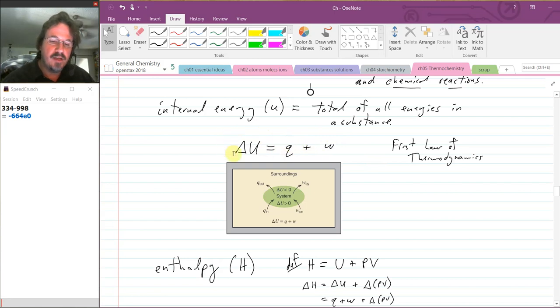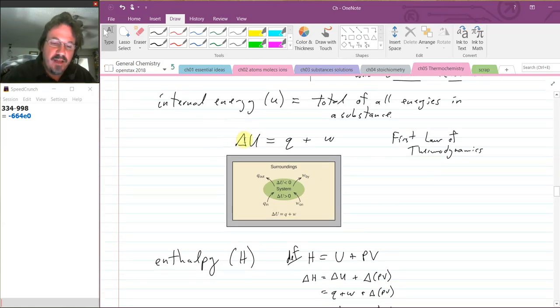So notice I don't have just U, I have delta U here, the change in internal energy. So if I add up all the different types of energy a substance can have, before and after, so initial and final, right? Where did that type of energy go? Well, it had to flow in or out of the substance, just like we had the heat flowing in and out before. And so what they're saying is, hey, whatever that change is, it's going to come out as heat, and another way it could come out as work.